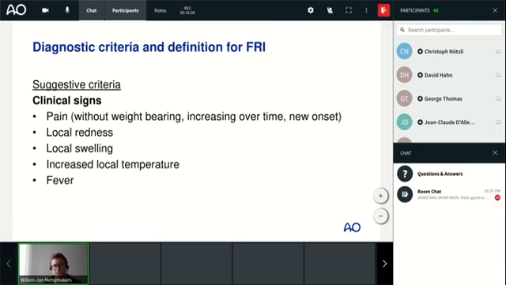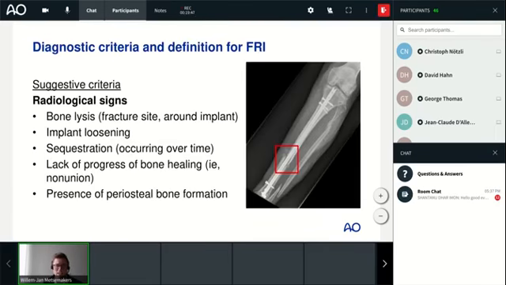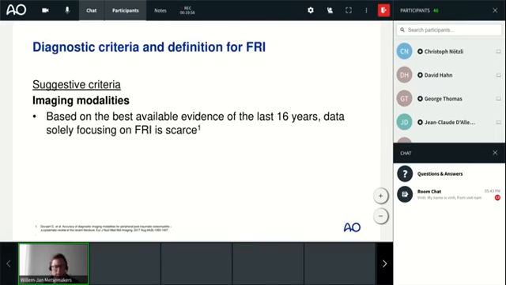What are the suggestive signs? We all know we have a list of clinical signs like pain, local redness, and swelling. We have important radiological signs. I want to focus here, for example, on non-union. We all know that non-union can be a suggestive sign of infection, but the problem when we look at imaging modalities in general is that